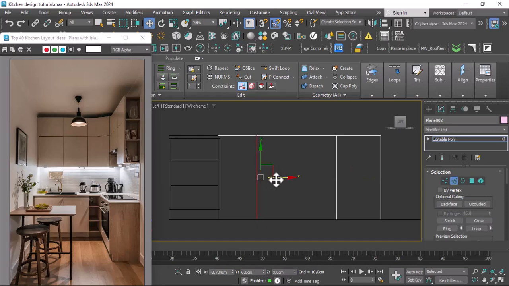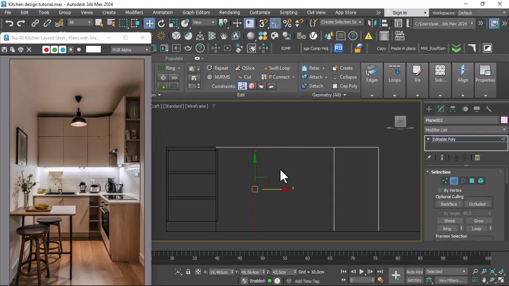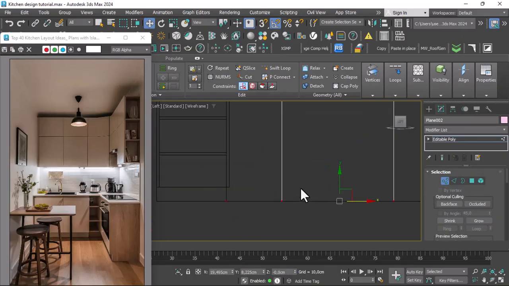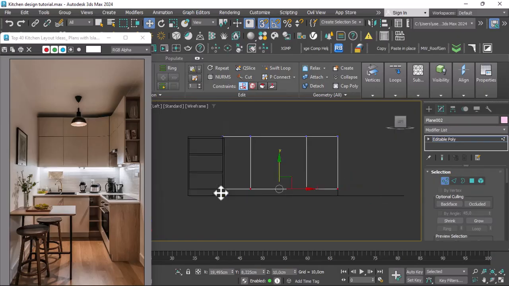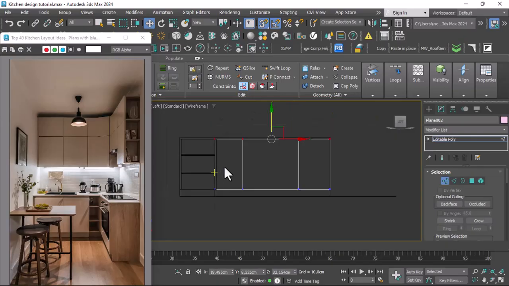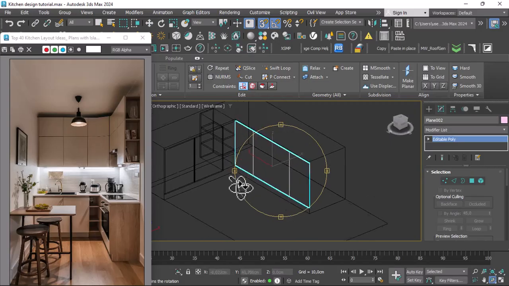this oven. Alright, and the cooktop is going to be placed here, and then from there let me select these edged faces, these vertices. So I want to snap it, hit S on the keyboard to activate snap. Then I bring these vertices down again like this. Alright, so the next thing that I'm going to do is to